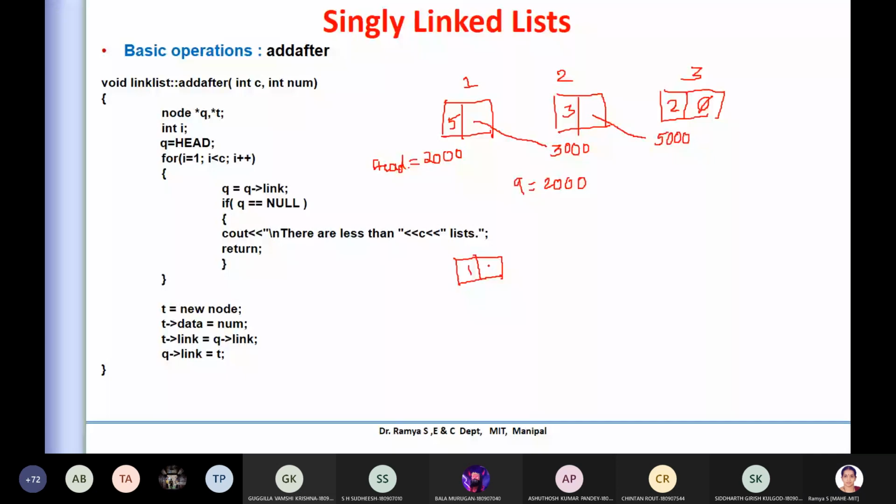Then q link, where is q link? It's this particular position. Initially it was storing 3000. Now it is updated, say it is now some value, say 8000. Now instead of 3000, it is storing 8000.